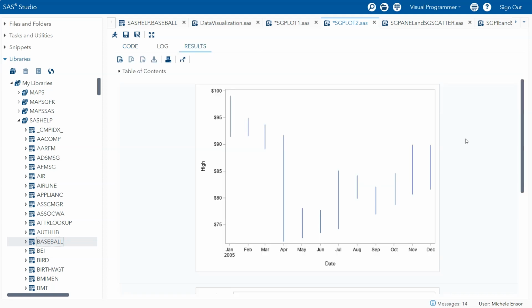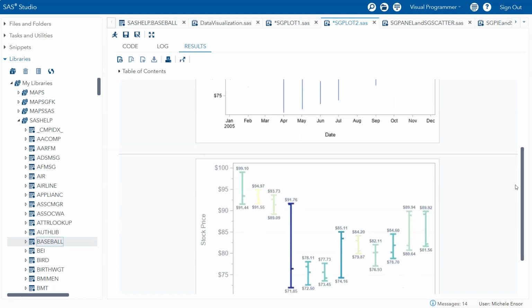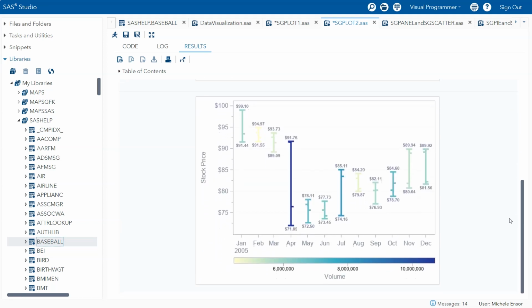Let's compare the difference. Here is the example of the PROC SGPLOT with nothing more than a very simple high-low. If I scroll down, that last example that I showed you with all of the additional statements and options produced this result. So I'm still getting my high-low, but I got a label at the low end and the high end.